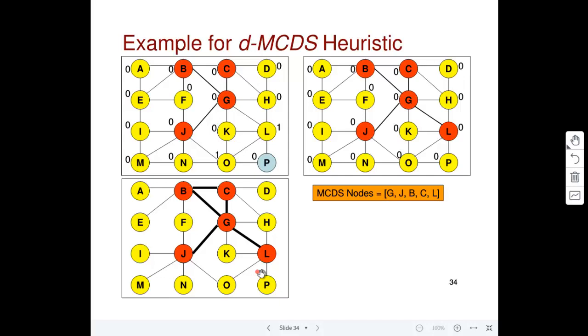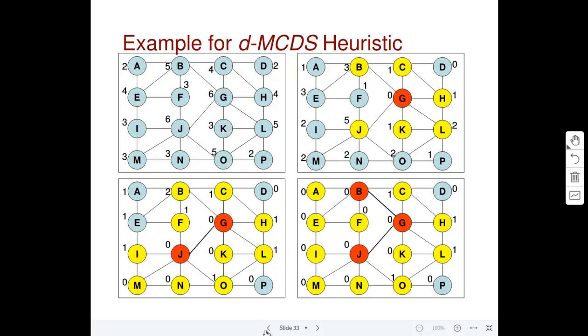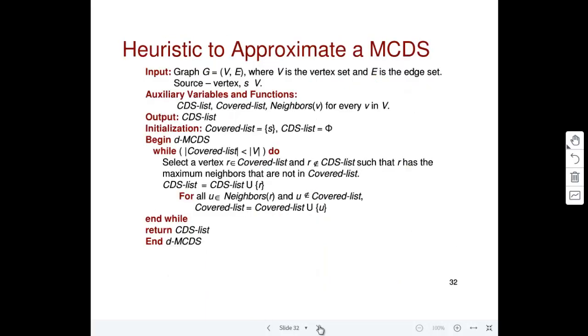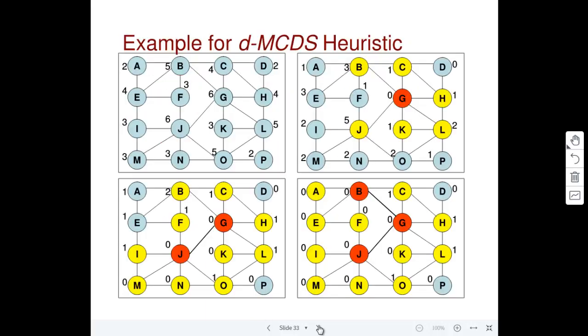So within that CDS, what we want now is a minimum size CDS. Okay, because the whole graph, if it's connected, can also form a connected dominating set. So what we want is a minimum size set to form a connected dominating set. Okay, so that's the idea behind this MCDS. So now we are going to look at a heuristic to determine an MCDS, and we'll use an example to understand this heuristic. Now, in the case of the independent set,